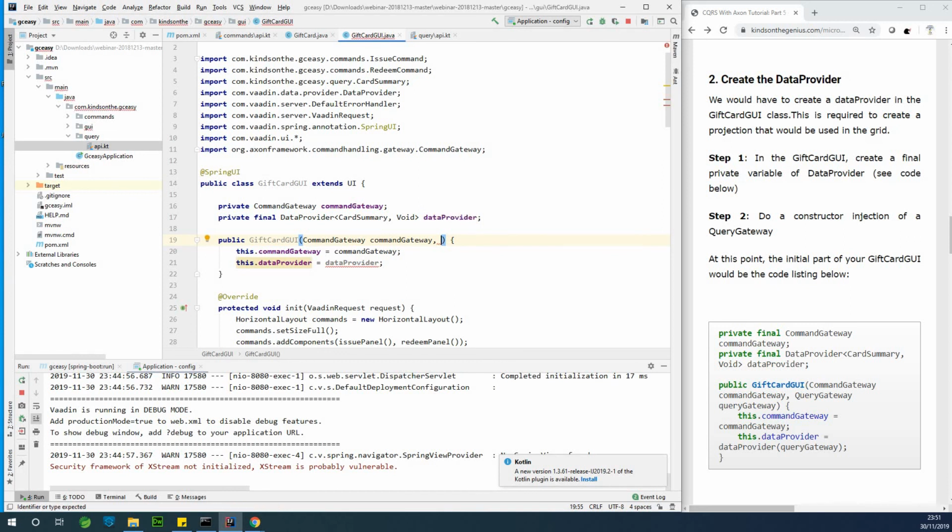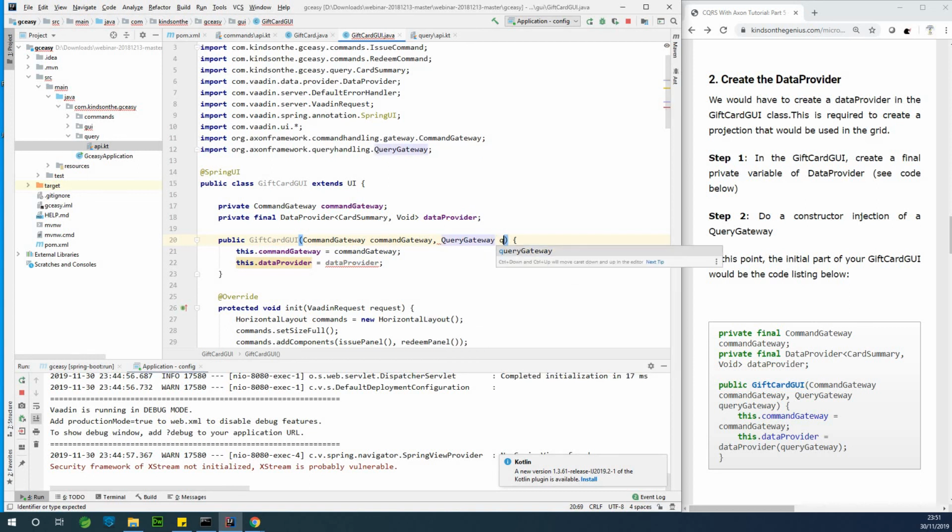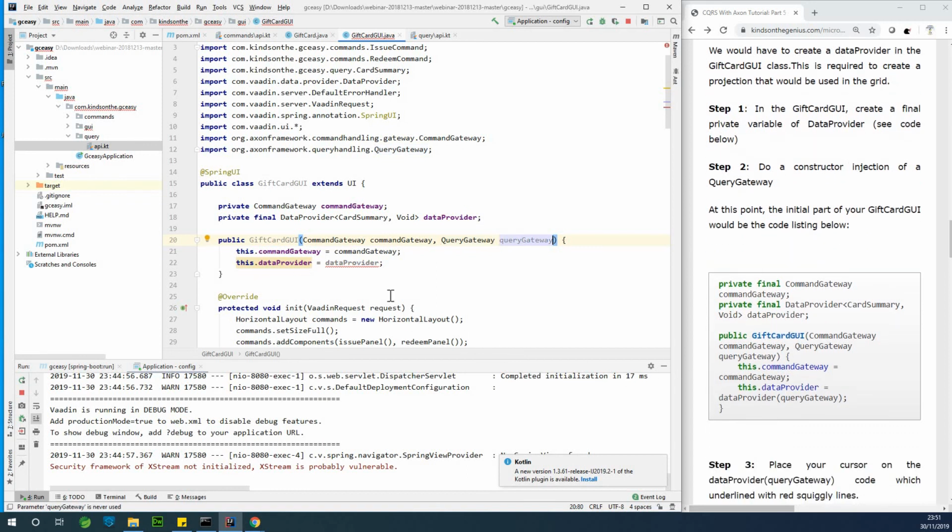Yeah, so we need to inject a data provider, a query gateway into this constructor. So I'm going to say query gateway, all right, and we have set the command gateway. Now we are going to set the data provider to be data provider and give it,